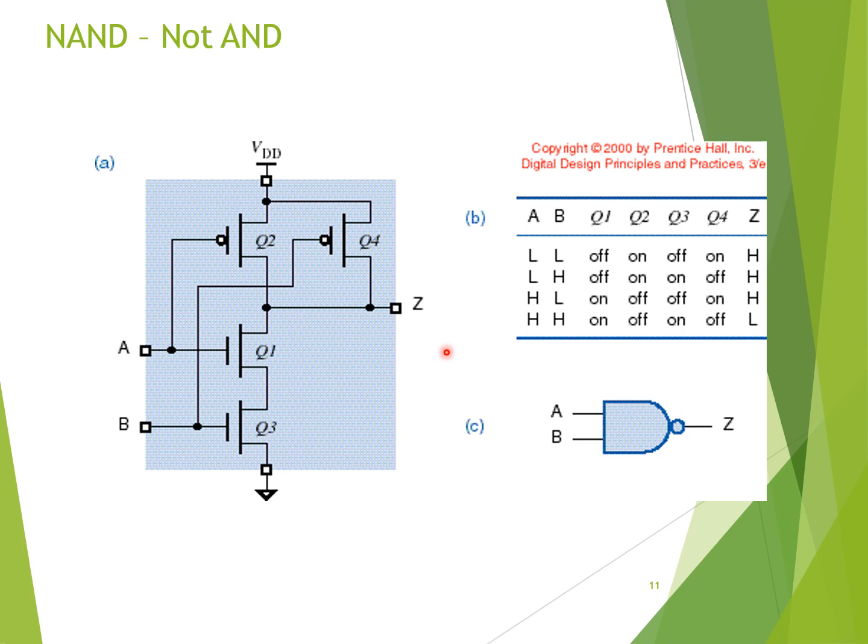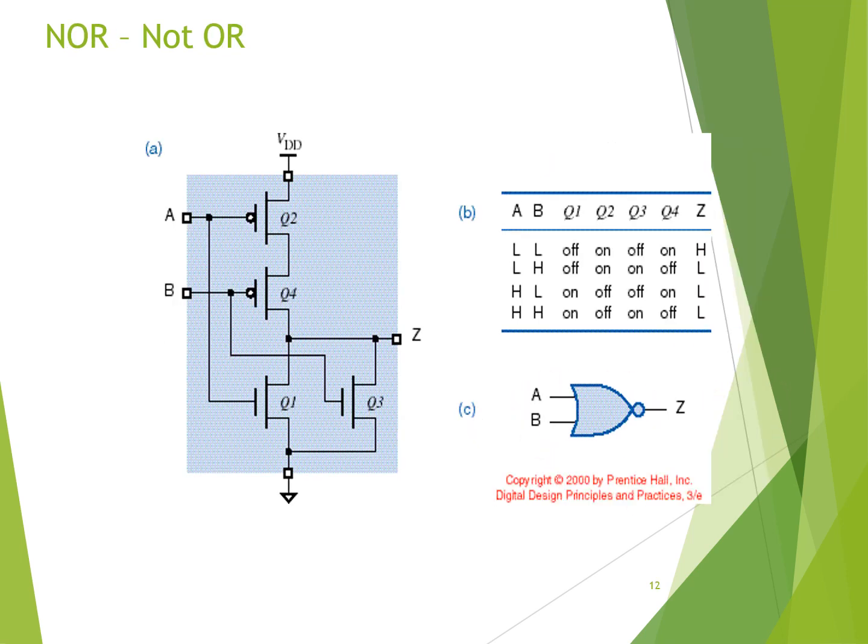You can understand from the truth table as explained earlier. So the two inputs, that is 0 0, 0 1, 1 0 and 1 1, the corresponding transistor operation and the output. So this is proving the NAND gate operation. So similarly, moving on to the NOR gate. Now, the NOR gate.